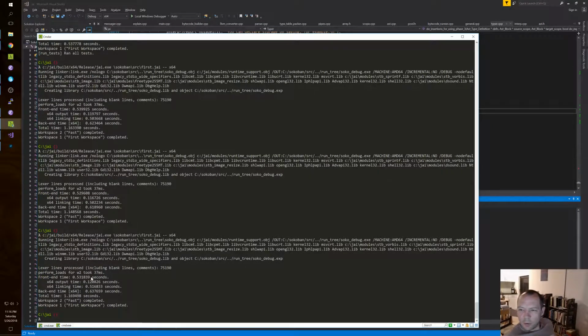So that's down from around, you know, the high 0.6, 0.7. So that's pretty good for one day, right? And we don't even know how much more headroom there is. We literally have not looked at where the time is going.